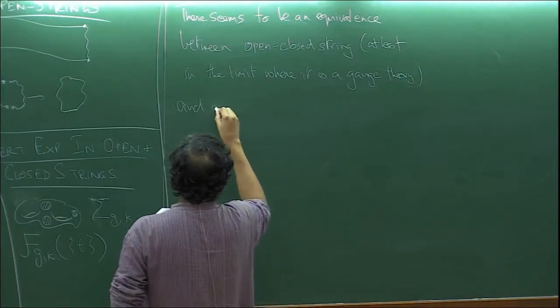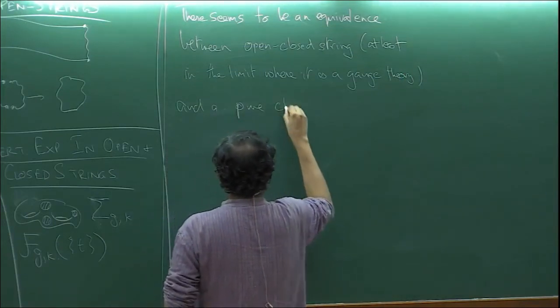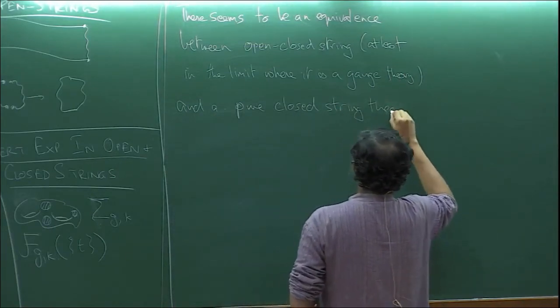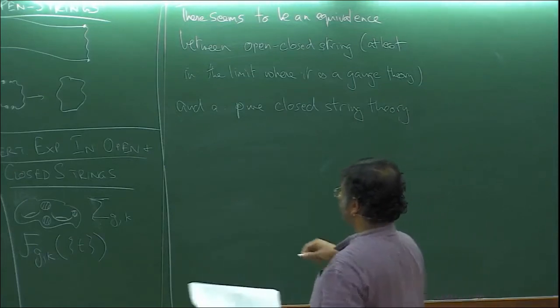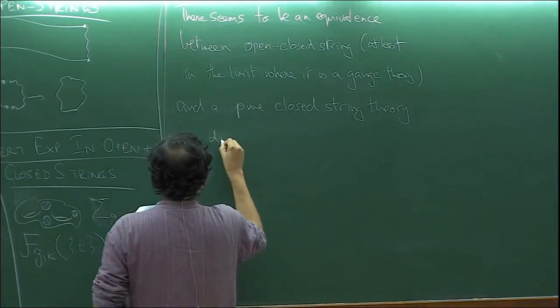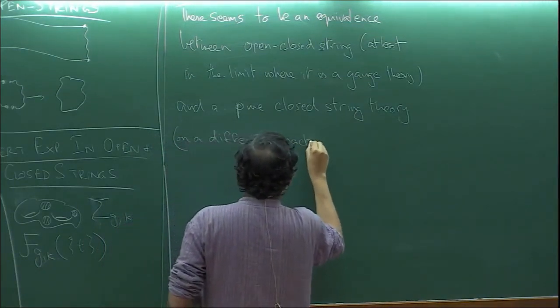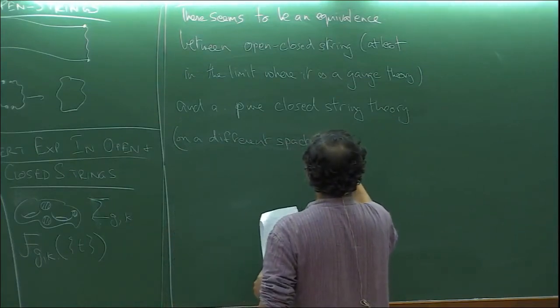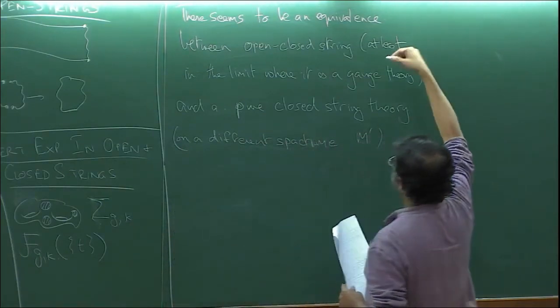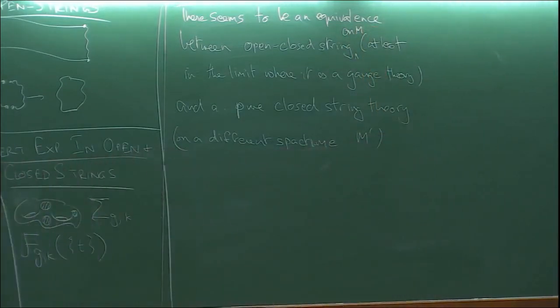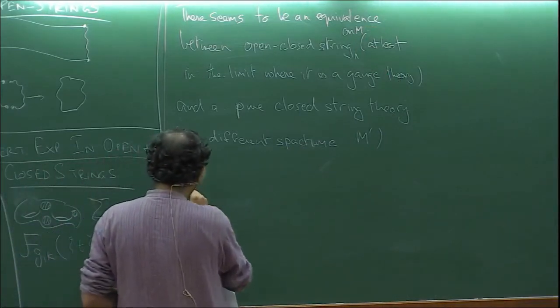and a pure closed string theory on a different space-time typically. So let's say open-closed theory on some M, and another M prime. I like to draw this as the following cartoon,